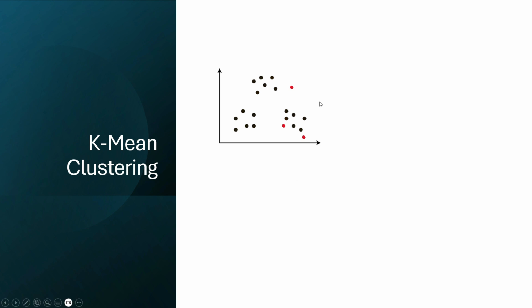Let's assume that in this data set, we pick these 3 random dots colored in red as 3 centroids. We just picked them randomly using a random function. The task of the k-means clustering algorithm will be setting these 3 centroids in the right place. It starts by assigning each of these dots to one of these centroids.